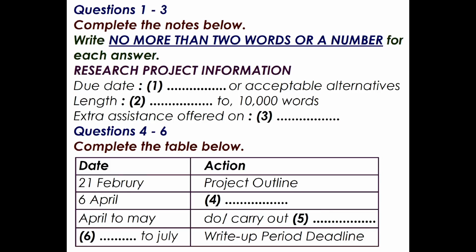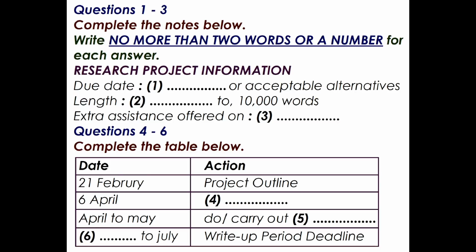Can I just check on the deadlines for everything? Certainly. Look, let me write it on the board when each stage should be completed. First of all, you've got to work on your basic project outline, and that's due in to your course tutor by 21st of February. Which is only 2 weeks away, so you need to get cracking on that. Do we have to include a full reference list by then too? No, your reference list is due on 6th of April, which is 1 week later, so you have time to discuss this with your tutor.